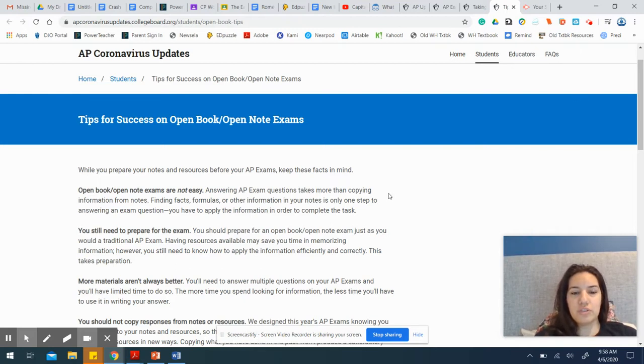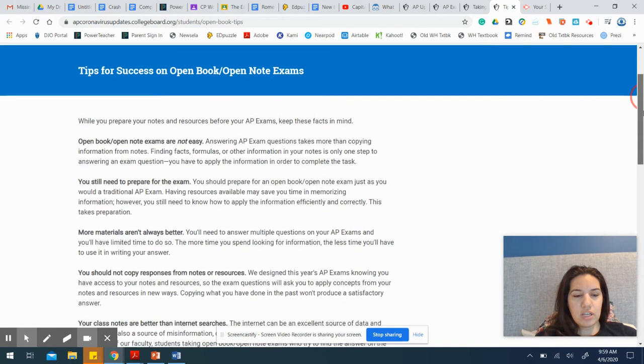Okay, so you're going to have to do a few things. Since the DBQ is normally an hour long, they shortened it and it is now going to be 5 documents instead of the 7. So they're going to present 5 documents that you'll need to use. And I'll go over that in a little bit more detail in a second.